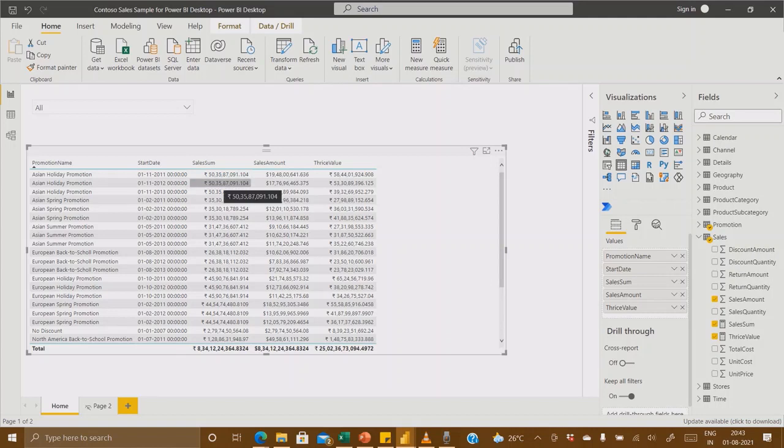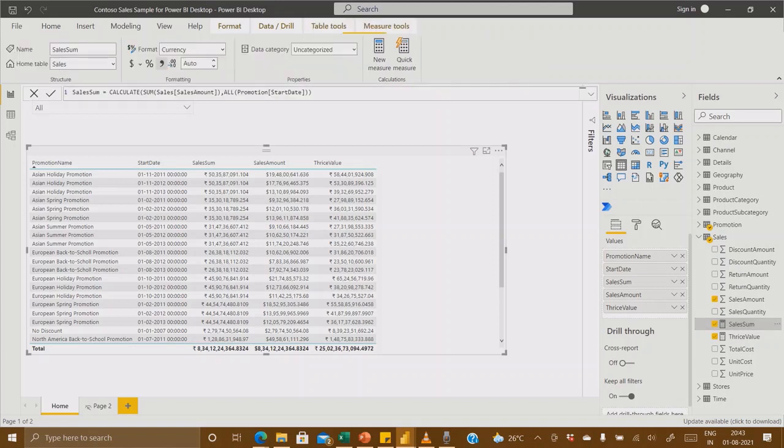So what this measure is actually doing, if you look carefully, is taking all the values of this start date column as a single column. It means just ignore this start date column here, and calculate whatever remains. I think you're getting my point, right?